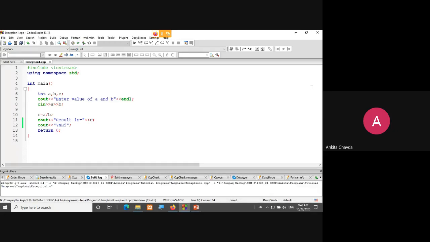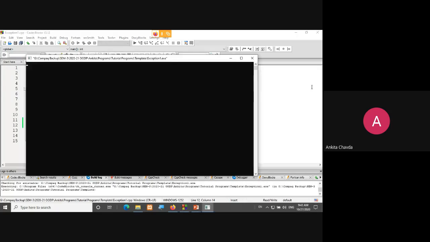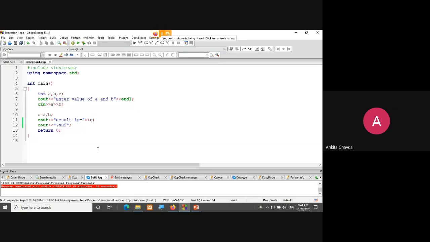Now again I'll run this program, where I'm giving some unexpected values like 10 divided by 0. What will happen? My program won't get terminated in the normal way. It's continuously blinking. That's it. And after 2-3 more enters it will end abruptly. So nothing is happening, I'm continuously entering anything. This is the behavior my program is showing.